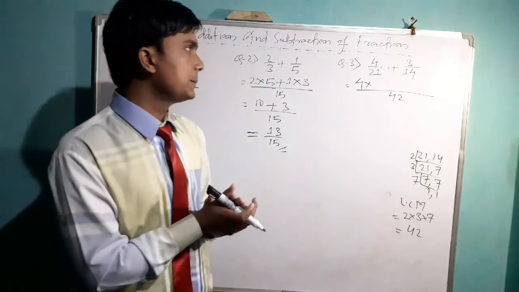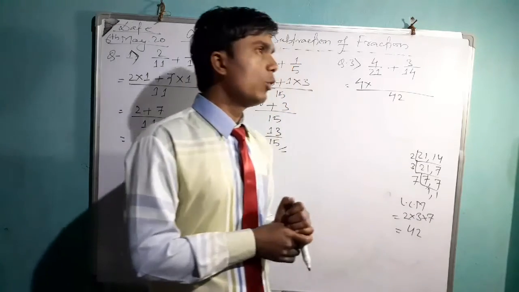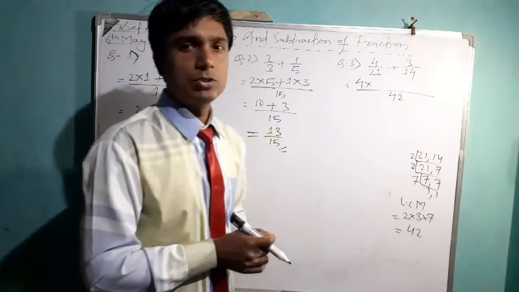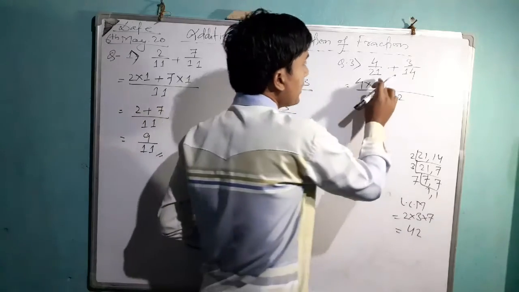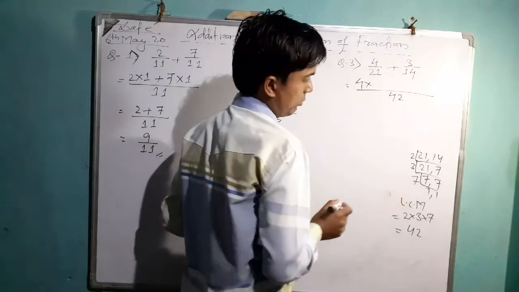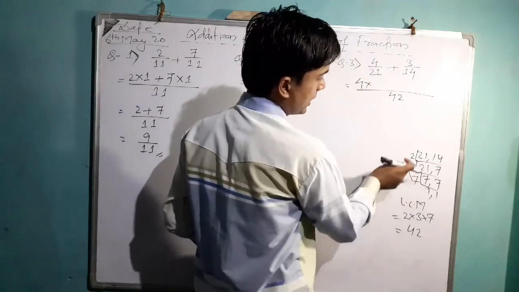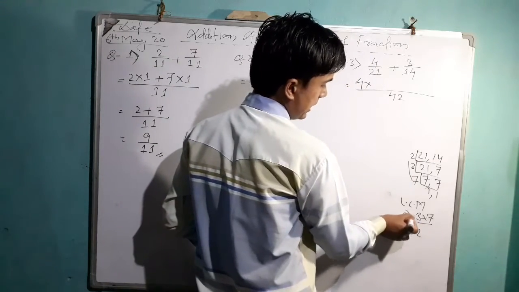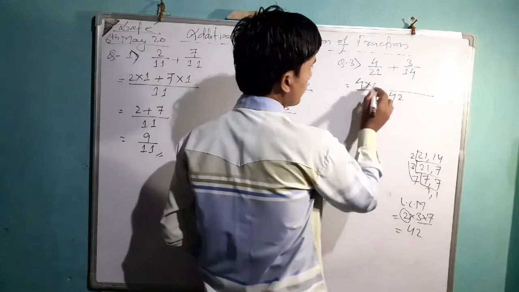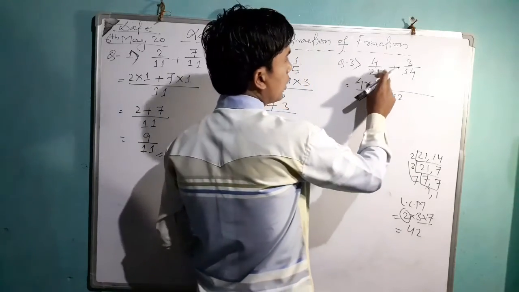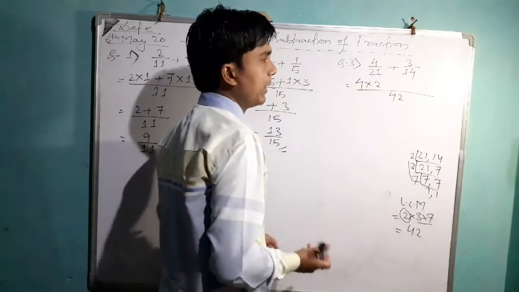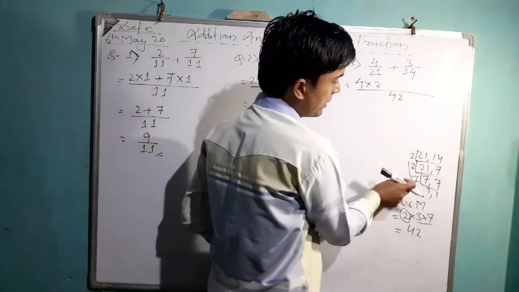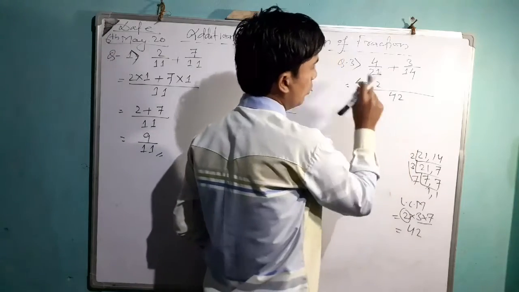Whenever we have a bigger number, we may not know the table, and if we divide, it may take a little more time. So in this type of question, what we do, we have here 21. So let's check where we get 21. 7 3s are 21. So what is left? 2 is left here. These 2 will write here. It means we understand 21 2s are 42. Simple way. If you don't know the table, we can find out from here. 3 7s are 21. Remove, 2 is left. That 2 will write here.